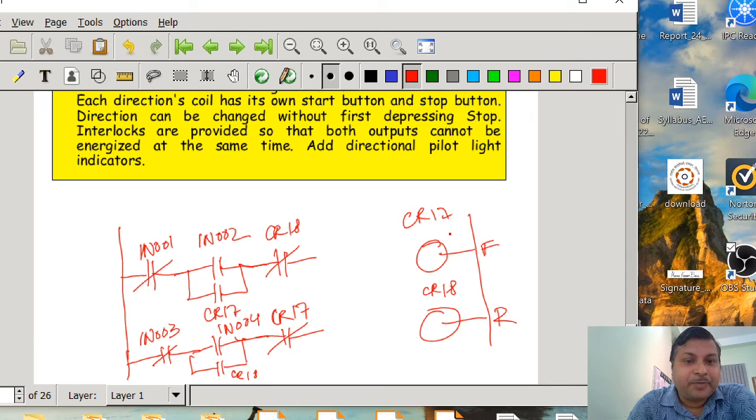So at that time we have to ensure that CR17 has to be stopped. Okay, CR17 has to be stopped. So now how can we do that? We can use another switch with a close contact, normally close, and we can give